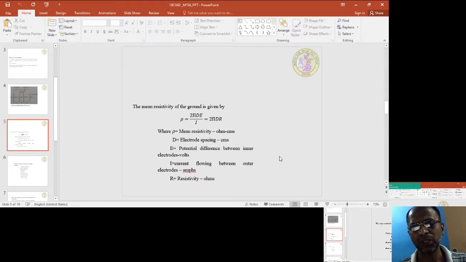So by knowing the value we got in the field, and by comparing that value with the table supplied by the manufacturer of that instrument, or by referring to standard textbooks, we can decide the range in which our value falls, what the upper and lower bound values are within which we got this resistivity value. By knowing the resistivity value, we can assess what type of soil it is.